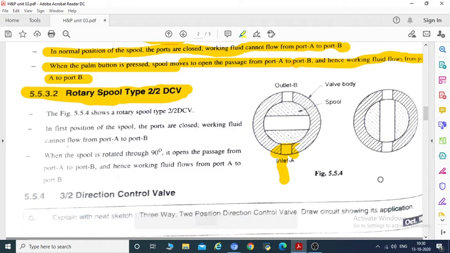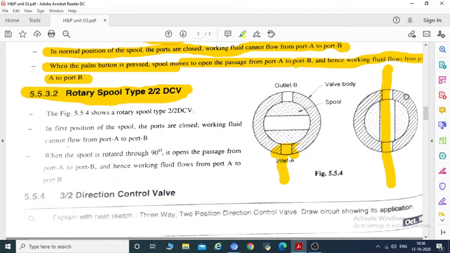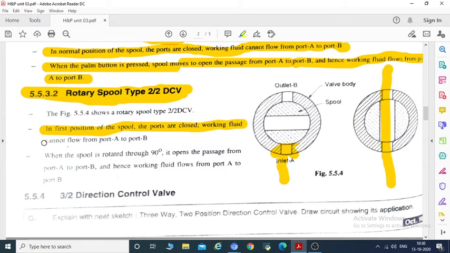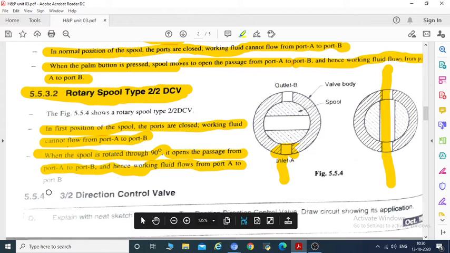But here in position 2, the fluid from port A can move directly out to port B. So this is the open position and this is the closed position. Here you can see in the first position of the spool, the ports are closed, and working fluid cannot flow from port A to port B. When the spool is rotated through 90 degrees, it opens the passage from port A to port B, and hence the working fluid flows from port A to port B here. Okay.